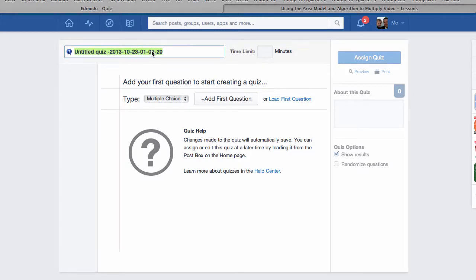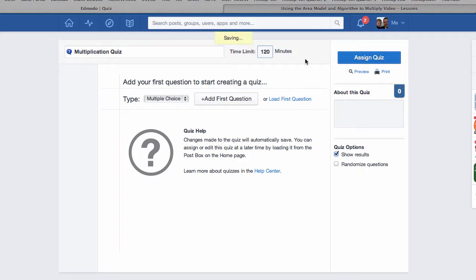I'm going to create one from scratch here. And I want to create a quiz that is going to be some review of multiplication that I've taught recently. So I put in a title. Putting in a title helps you also find it later on if you are loading a previous one. Time limit's also important because if you want a specific amount of time, you need to specify it here. It will time out after that. Or if you want students to have an unlimited amount of time, I would recommend putting something longer, like 120